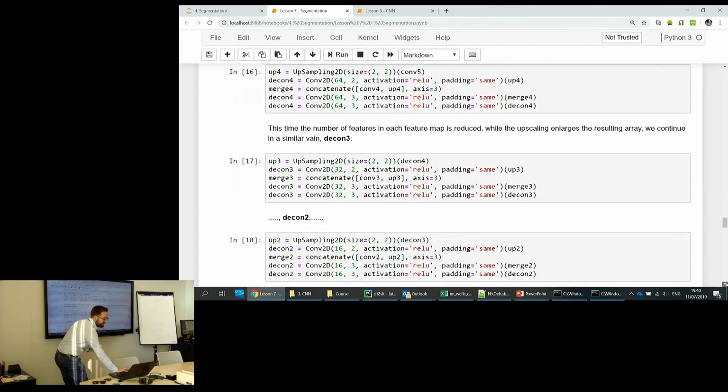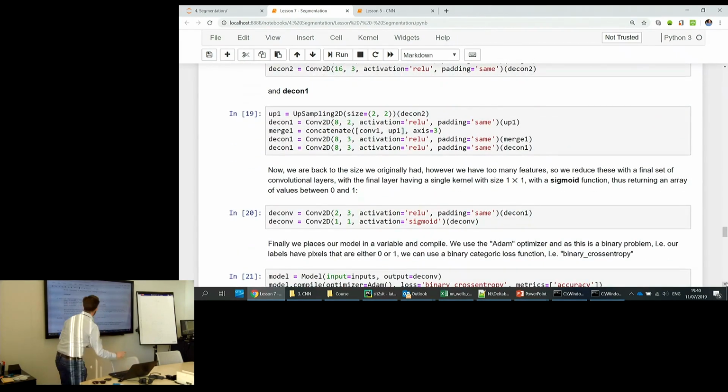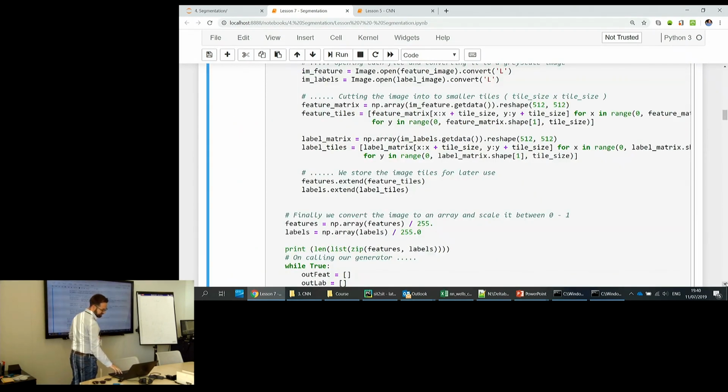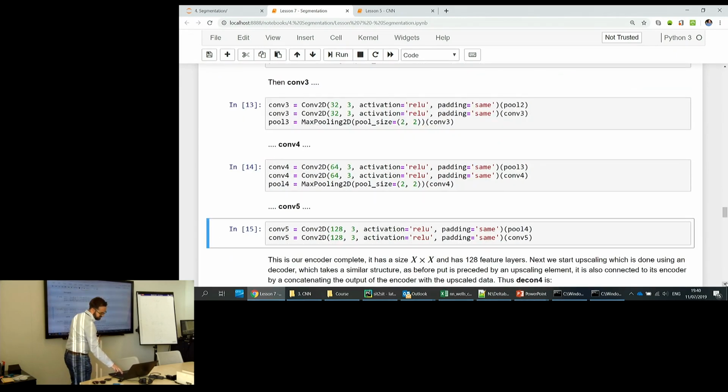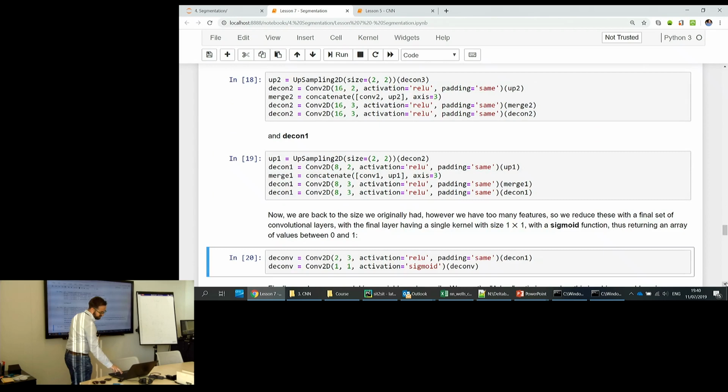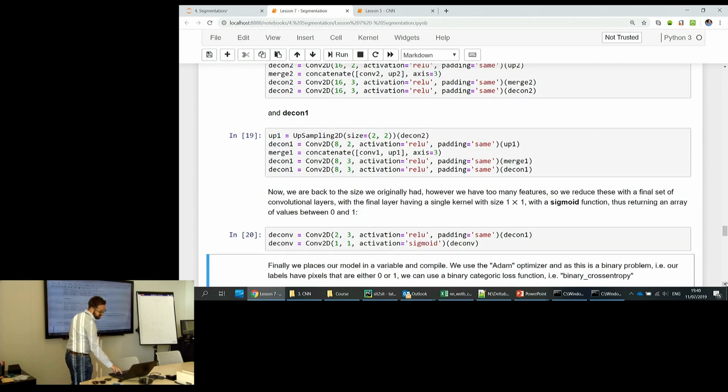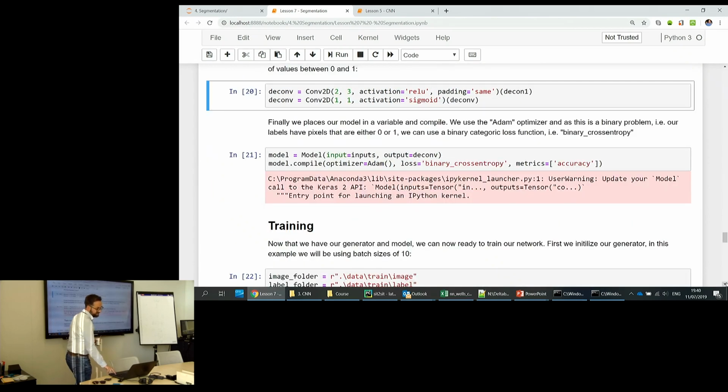Okay, so you repeat that a lot, again. The upscaling, pulling it back up together and doing convolution at the same time. So we do all the decoding, yep. And then, amazingly,